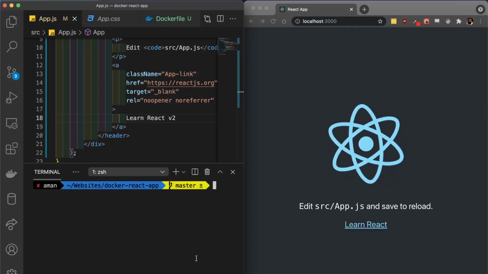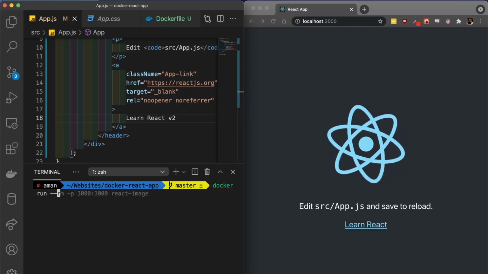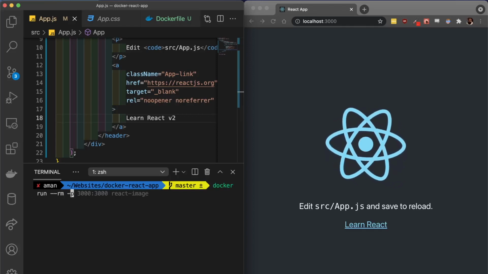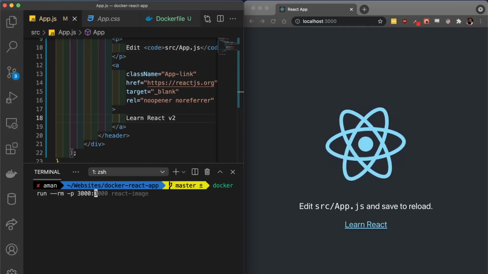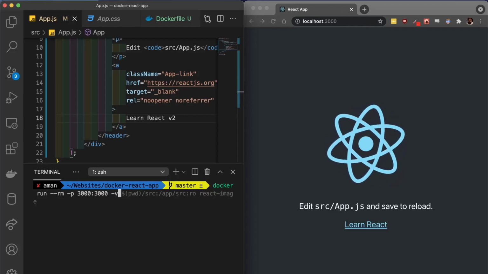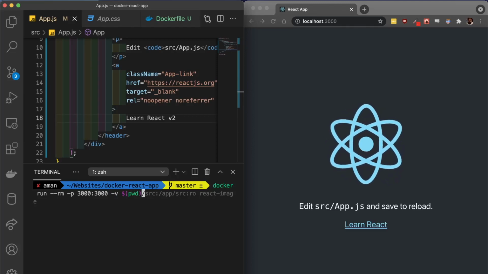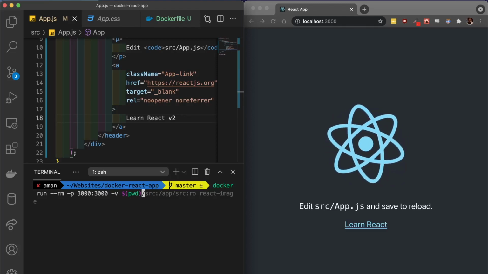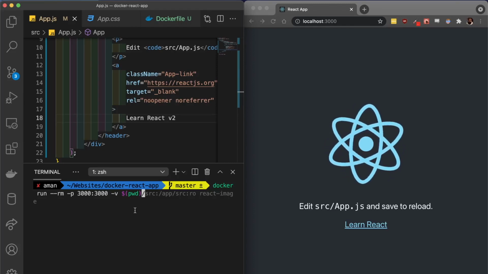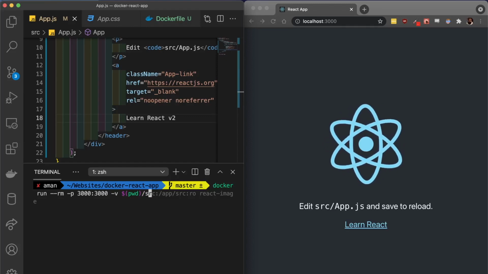And we can specify that when we run our container. So we can do docker run. Let's keep --rm there as well, because we want the cleanup to happen automatically once the container closes. -p, we still want port 3000 on our machine to respond to port 3000 on our container. Now we're going to pass in an additional flag. We're going to do $(pwd) here. This basically gets the working directory path, right? And the reason we need to do this is because the volume storage mount requires an absolute path. So you can figure out what your absolute path is, but usually this is going to be an easier way to do it. So an absolute path to the Docker React app,